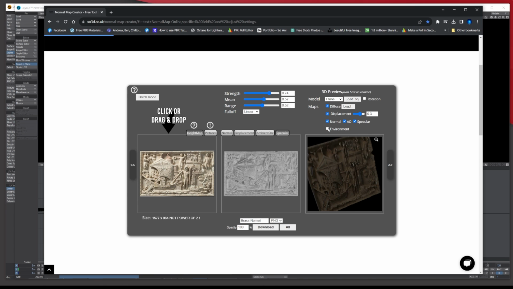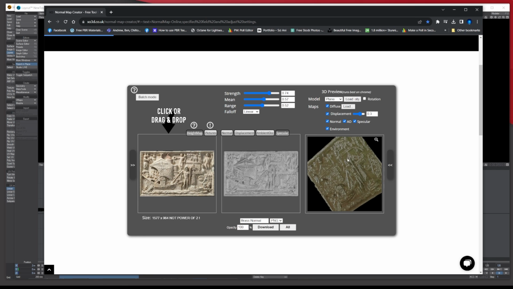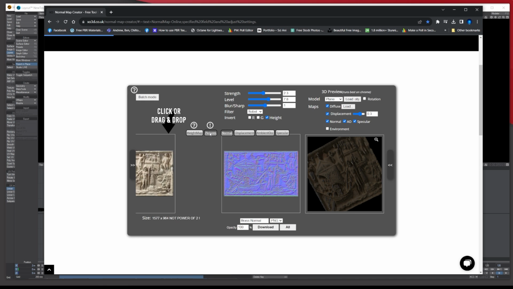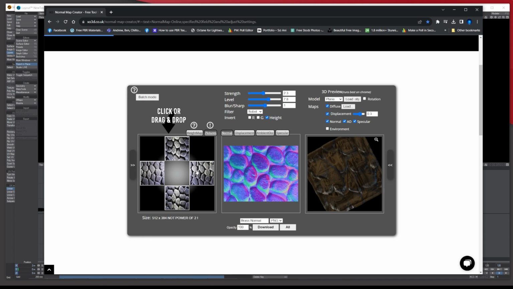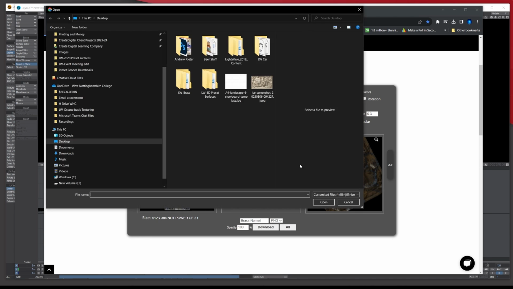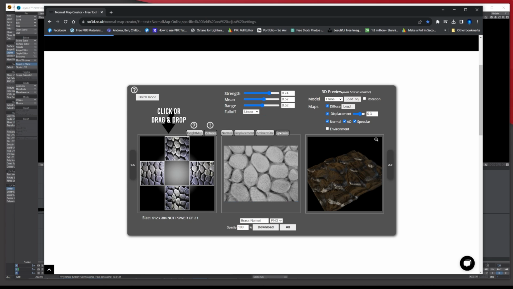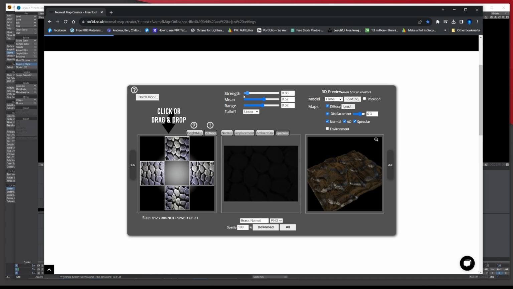Environment, I can't say I've ever bothered with that much. I'm guessing it's just adding some kind of basic HDRI to it. And then obviously you've got the different options here. And then there's a picture thing which gets you to play around. You can have a little play with stuff, and have a little go if it's a picture and see what you come up with.